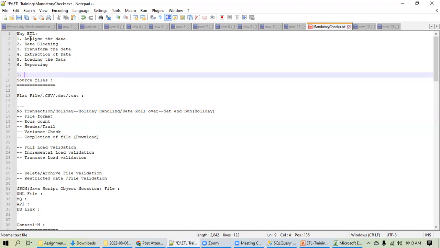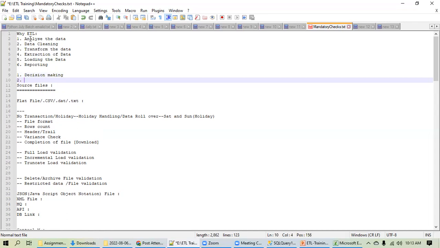There are two reasons. The first one is decision making activity. The second thing is to provide data to downstream applications.